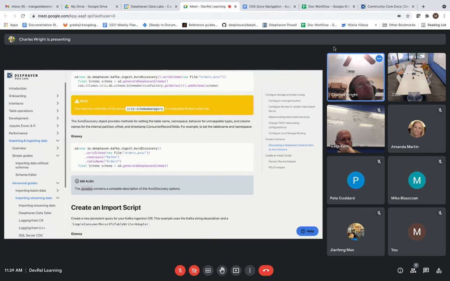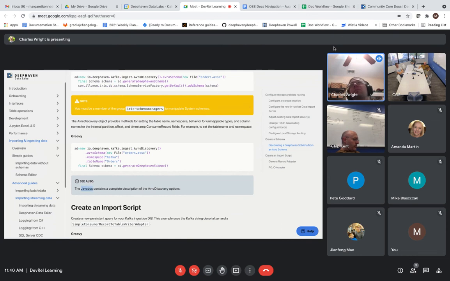The column partition is not something that matters for you guys. One of the things that we do have the ability to do is, in addition to the Avro schema, Kafka will tell you an offset, partition, and timestamp. And it makes sense that you might want to write those things down into a Deephaven table. So that's just part of the definition. You get a new column that is,